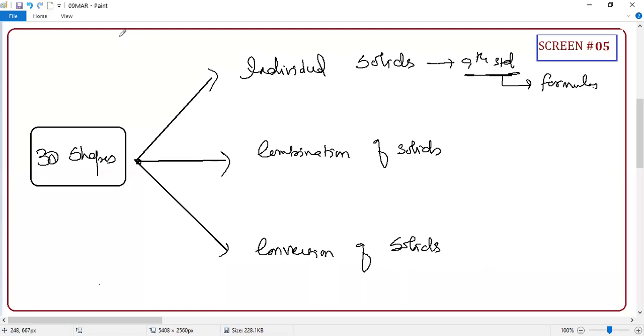So anyhow, guys, these are all your 10th standard topics. I'm going to revise even the formulas too. So what is a combination of solids? Very simple, student. You learned cylinder and cone separately. Now here they will mix them. This is called a combination of solids, a mixture of solids. What is conversion of solids, sir? It's like you are melting one shape into another, student. Reshaping. Conversion basically means reshaping.